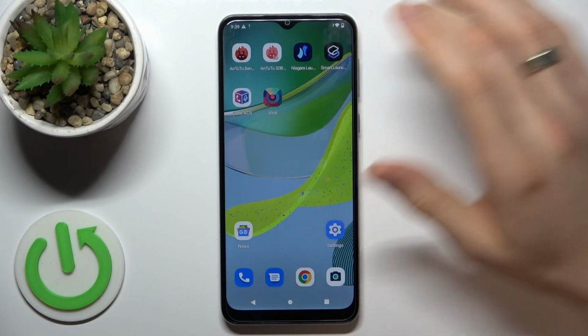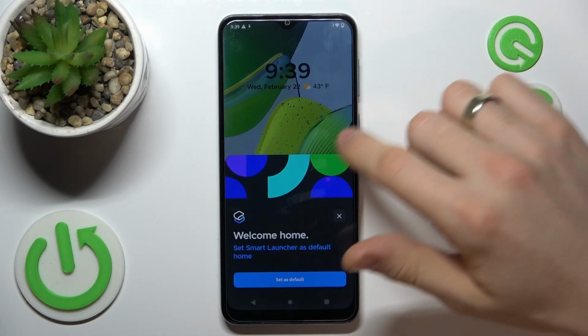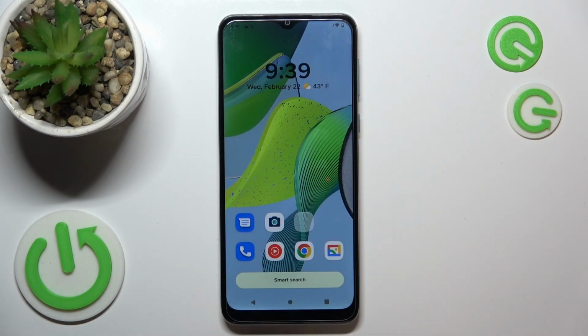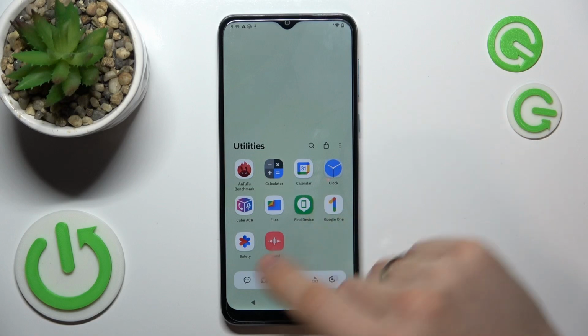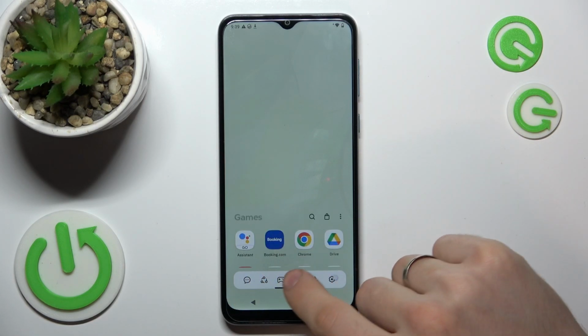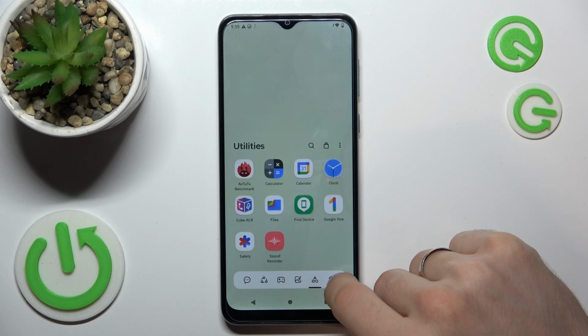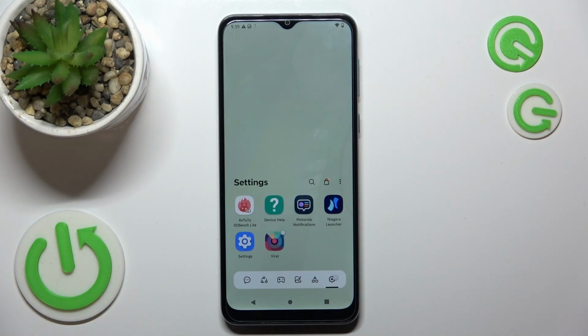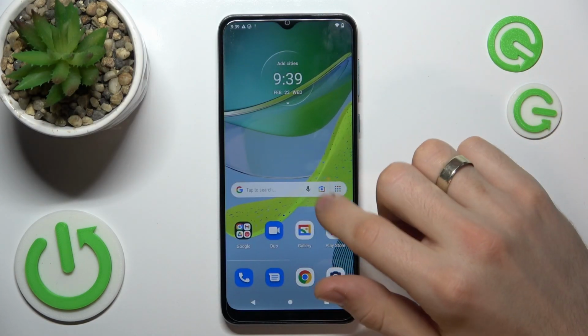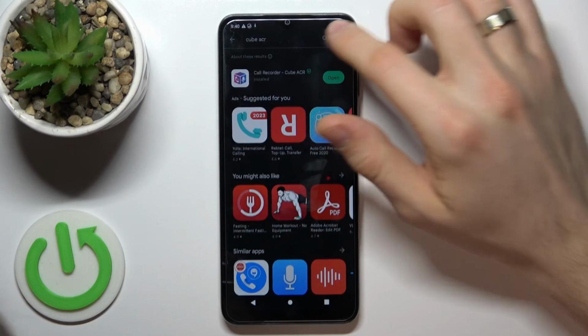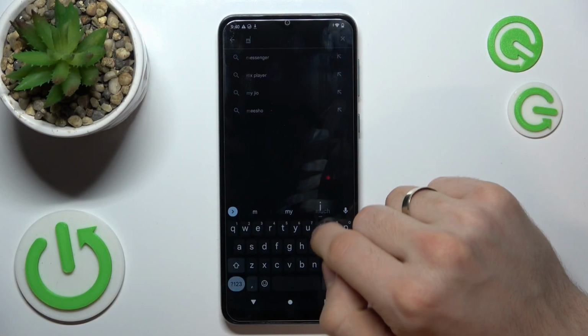On the second place is Smart Launcher 6. Smart Launcher 6 is a really beautiful launcher. Here you have really beautiful interface, really beautiful design, and here you have very handful grouping up features. So here we have several groups: contacts, internet, games, media utilities, and settings. And it's very useful. Okay, and on the first place, my top is, I'll show you, is Microsoft